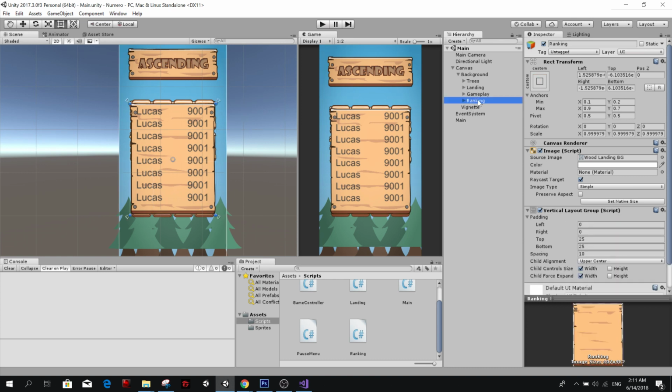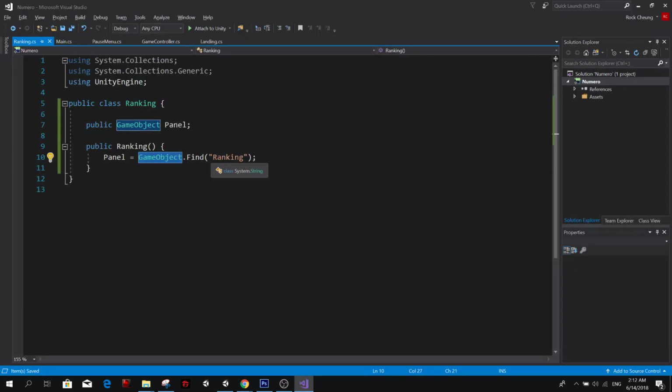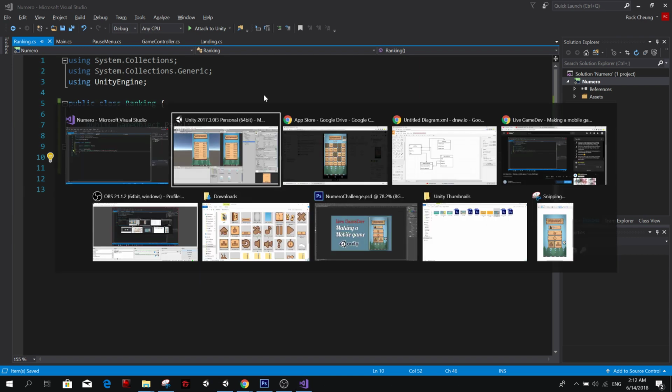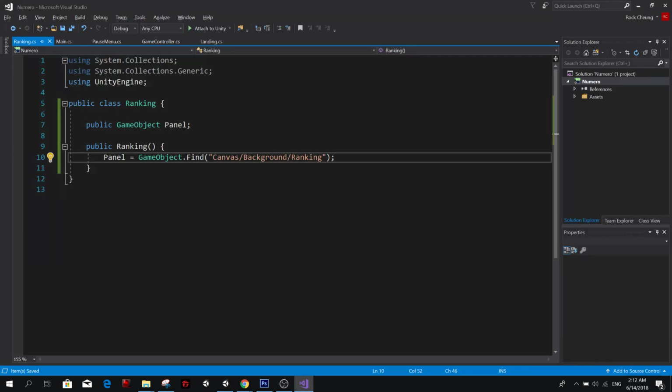So you could have a direct path to it. It would be canvas background ranking. So I could do here canvas background ranking, or you could see other ways to find it. Ask me if you want to know more.